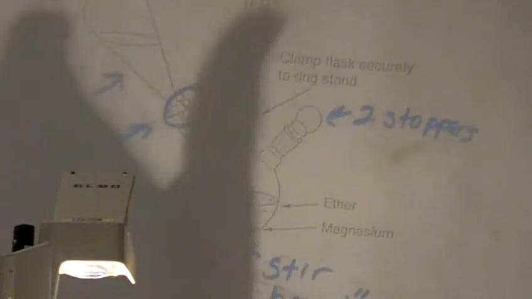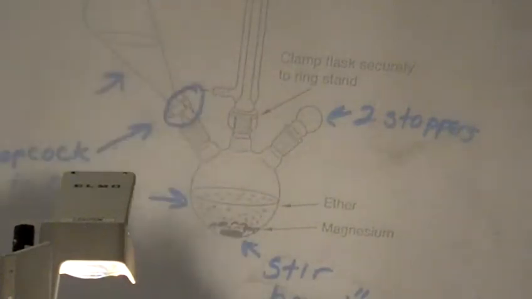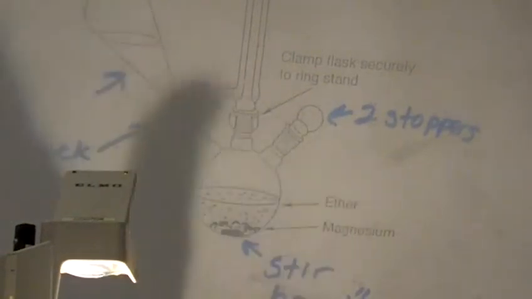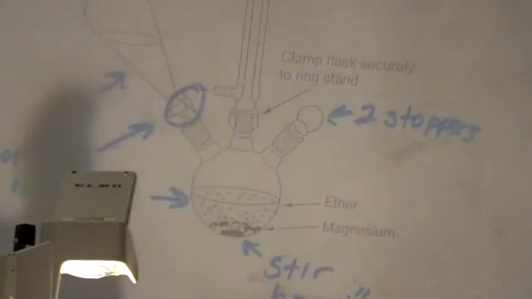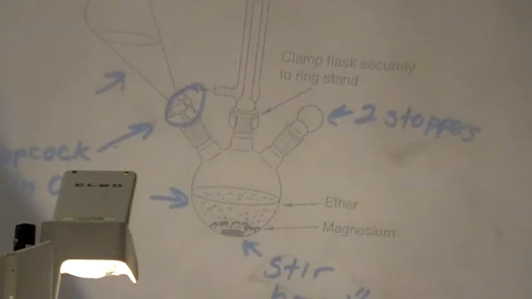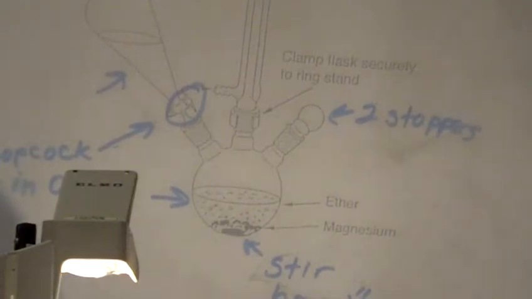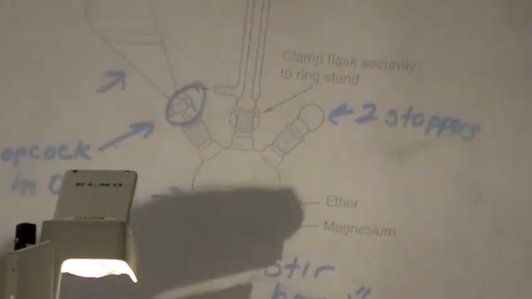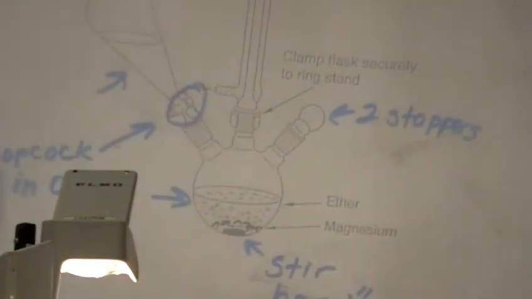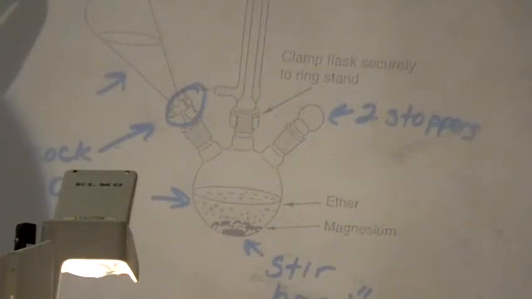The other thing you're going to want next to this setup is a pan of cold water with maybe some ice in it, just in case it gets a little bit warm, okay? But again, don't use that pan of cold water until you've consulted with your instructor, because we don't want your reaction to stop. Once it stops, it's really hard to get it going, and it's really hard to continue on with the next step, because this is just the Grignard reagent formation, and then we need to go on to the Grignard reaction,